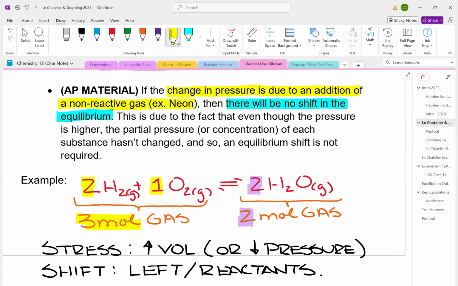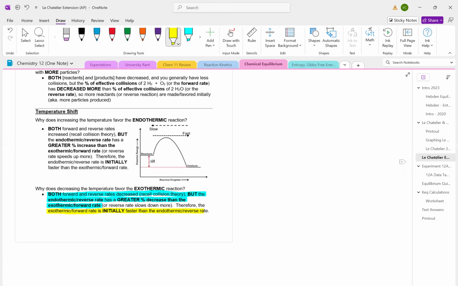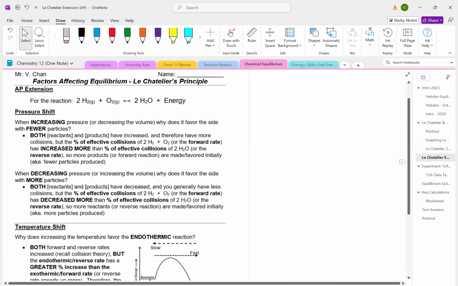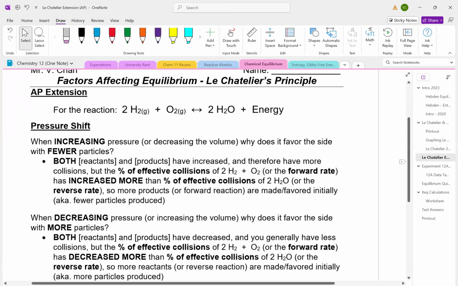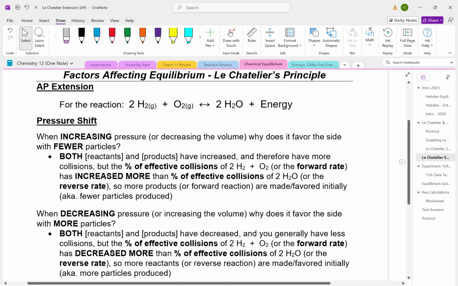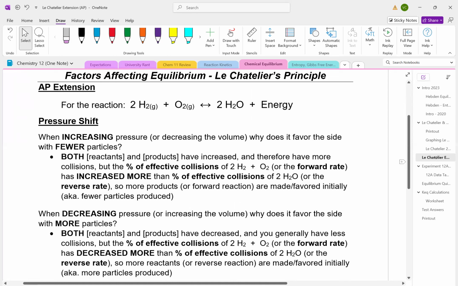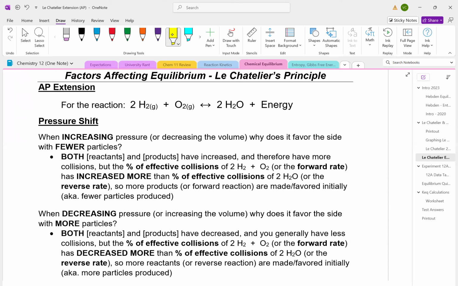Okay. Now, on the back side of your notes, there's a more detailed explanation. So if you take a look, it says, when increasing the pressure, why does it favor the side of fewer particles? Now, if we were to focus solely on the number of effective collisions, so rates and stuff like that from our previous unit, what happens is when you increase the pressure,